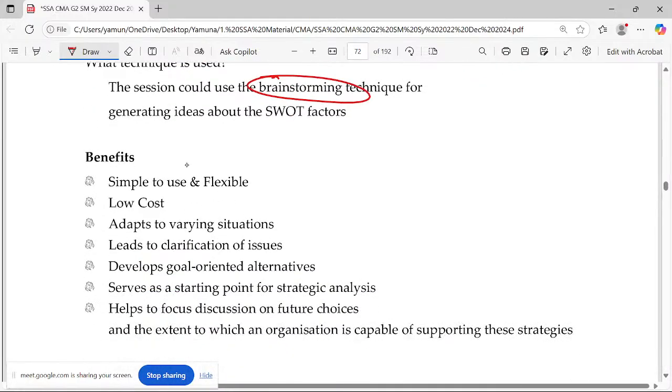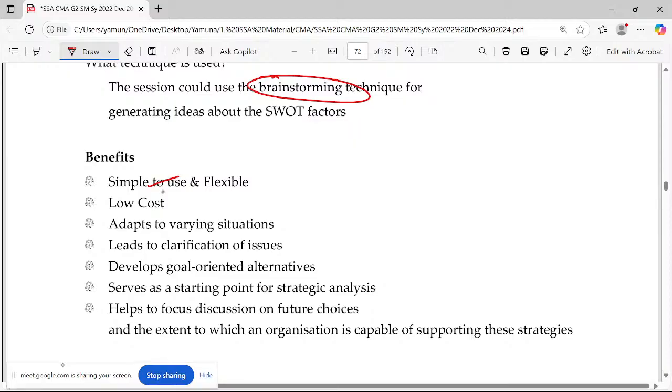So the benefits: it's simple to use, actually very simple to use. You can even have your strengths and weaknesses personally for yourself, or for one small organization, one small business. If you have any relatives doing business, go and sit with them and talk for an hour. They will think you're a genius, because if you understand the terms, these are the terms associated with business life. Their business is their life, right?